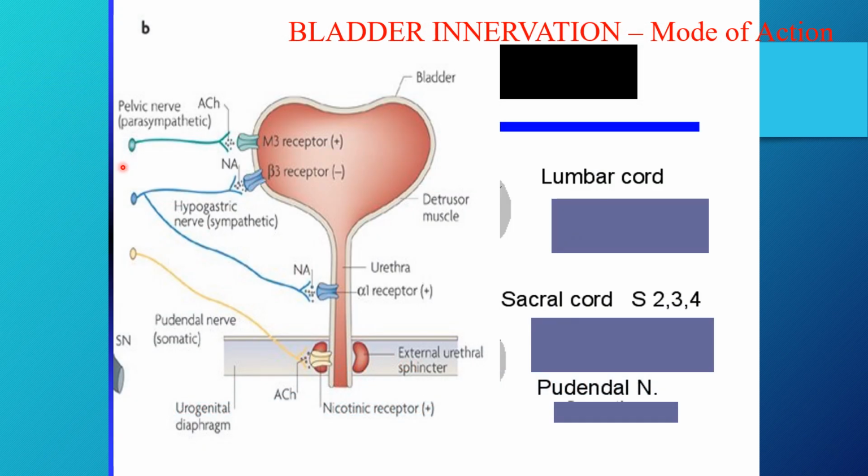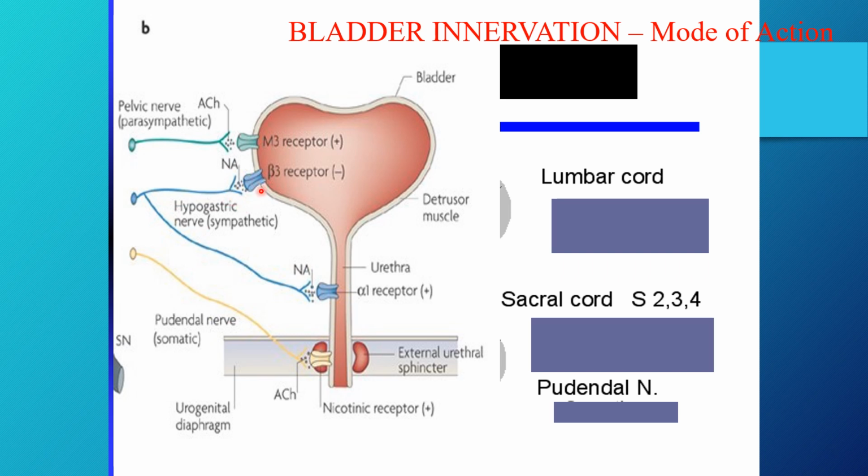So this picture shows the mechanism of action of different nerve supplies. So the first one, parasympathetic supply. Here the neurotransmitter released is ACH or acetylcholine, and it acts through M3 receptors. What it does, it contracts the detrusor, and causes relaxation of the trigone and internal sphincter, resulting in emptying of the bladder. So remember, parasympathetic motor supply causes contraction of the bladder and relaxation of the internal sphincter. So it should be relaxed here for the emptying of the bladder to take place.